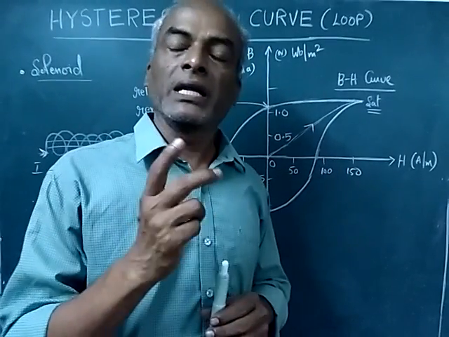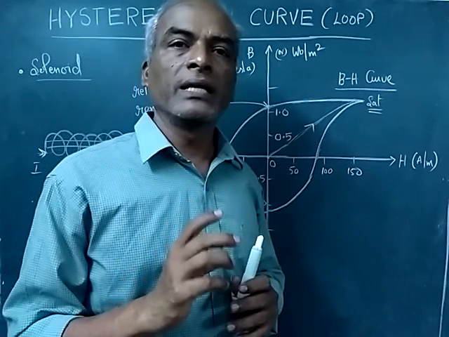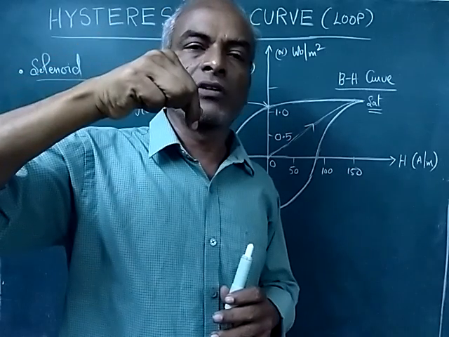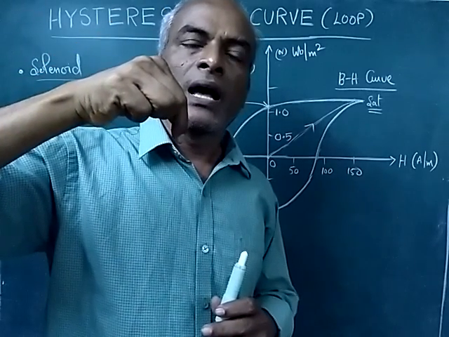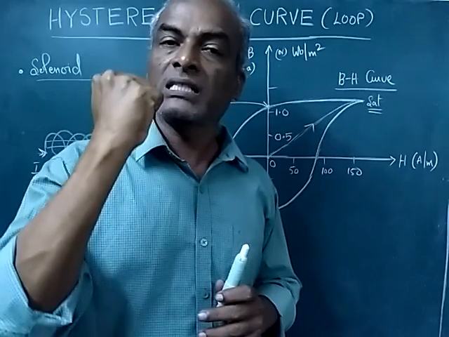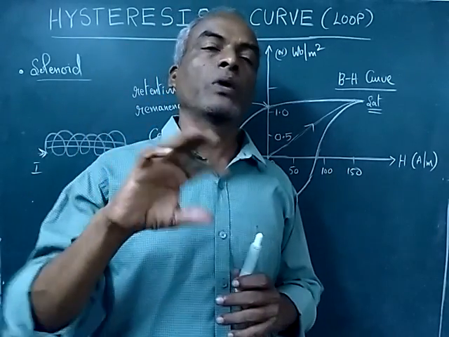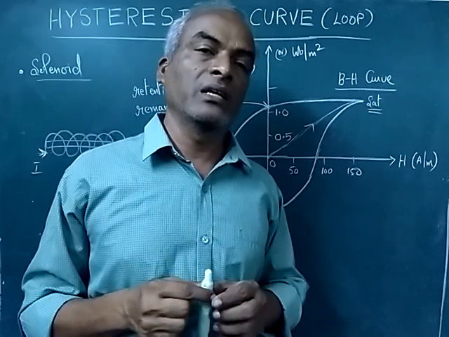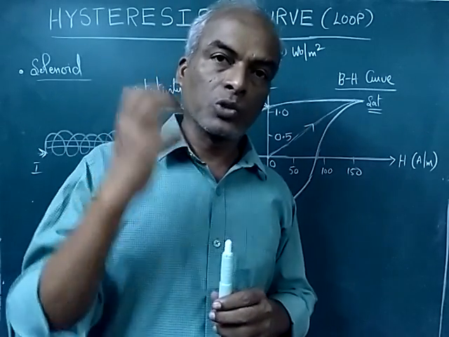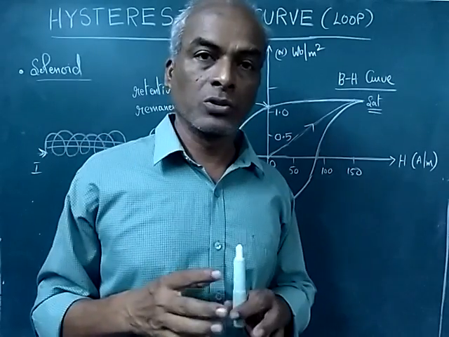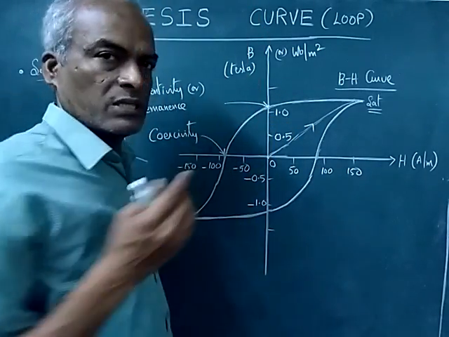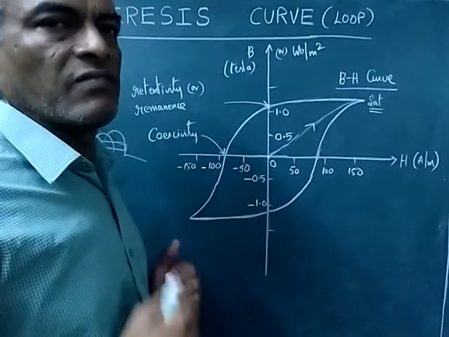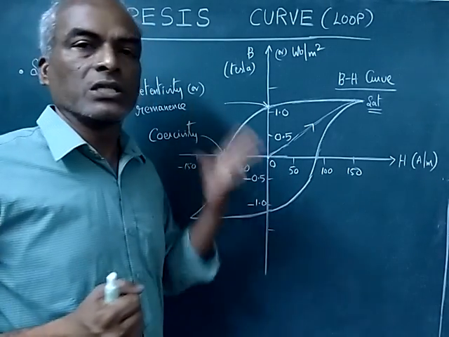recording in magnetic tapes and in the hard disk. You allow a current, it magnetizes a particular material in the hard disk, and that magnetic flux density is maintained by that material. Therefore, when you play it back, you get back the information. That's how information is stored in the magnetic domain. Understood? Because of this property, retentivity or remanence, the material retains the magnetic flux density even when the current is removed.